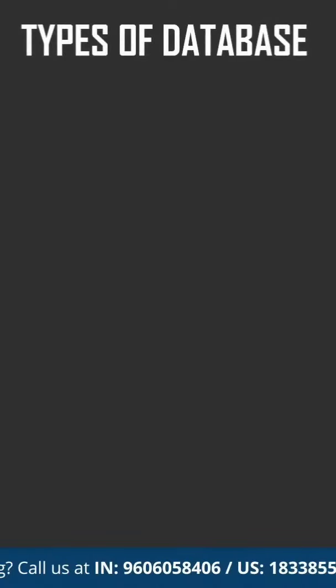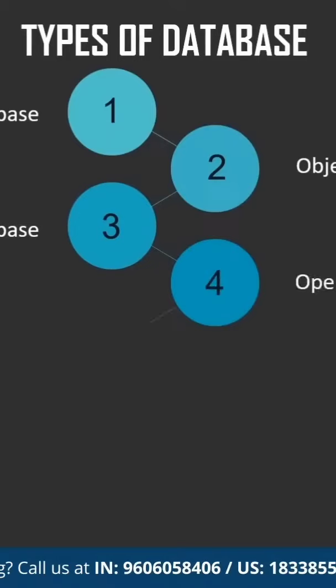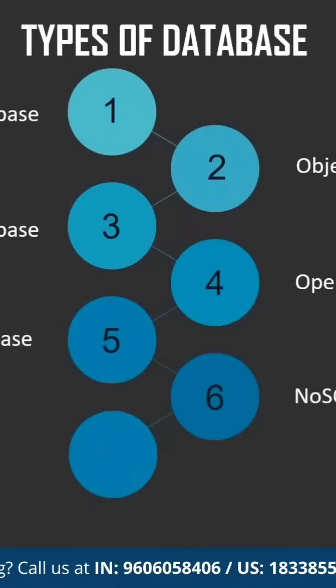There are different kinds of databases that are in use today. And these databases are classified based on capabilities, features, functionality, size, and performance. So few of them are distributed database, object-oriented database, centralized database, operational database, graph database, cloud database, NoSQL database, and finally, relational database. Among these databases, the two popular types that are widely used are first one, relational database, and